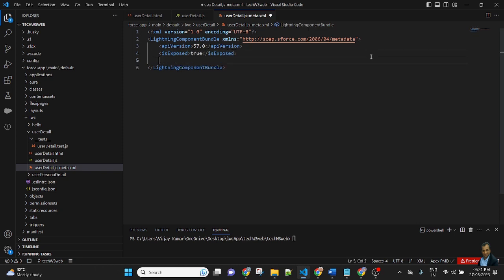Change false to true. Then there is a targets tag, which defines where this component will be displayed.